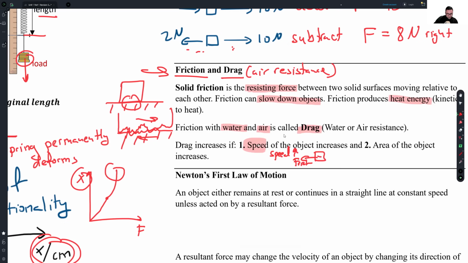So the drag force on you increases because you're colliding with the air molecules more often. And second, it's the area. The larger the surface area, so if I have a Lamborghini,